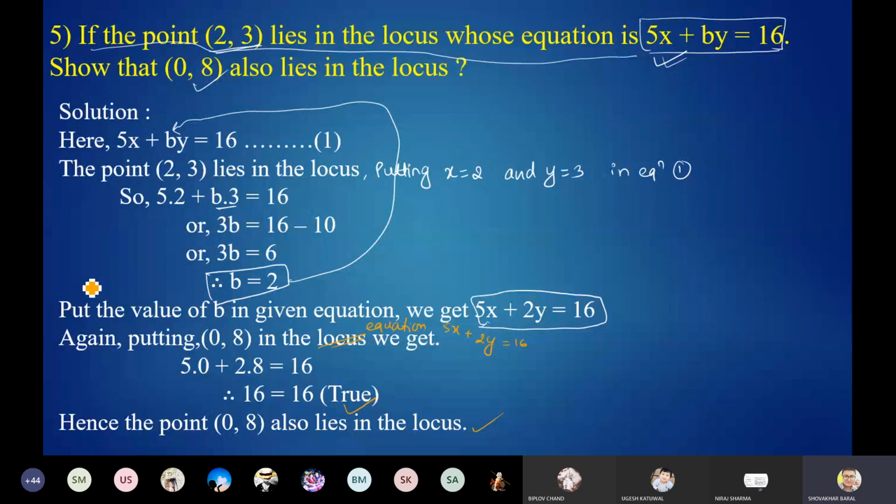Reason, have you given examination or not? Reason? Okay, let me